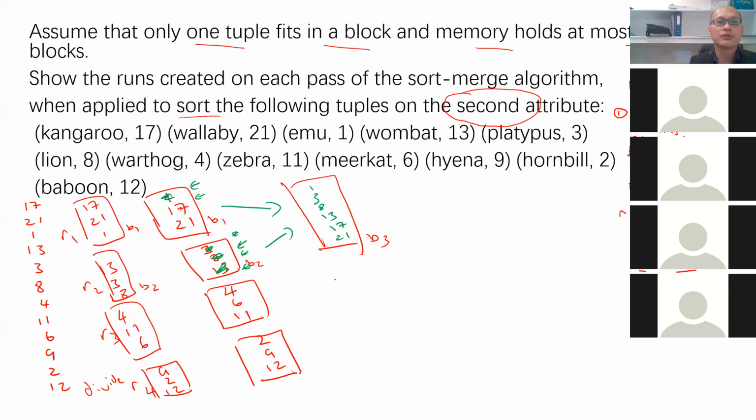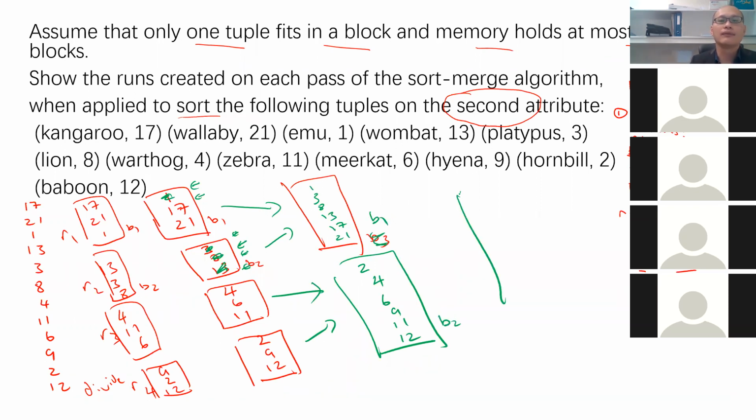And I'm going to do the same for this, so 2, 4, 6, 9, 11, 12. So all okay with how we got this? Very good. The next thing we will do is this will now be assigned to B1. This will be assigned to B2. And we will now create another new